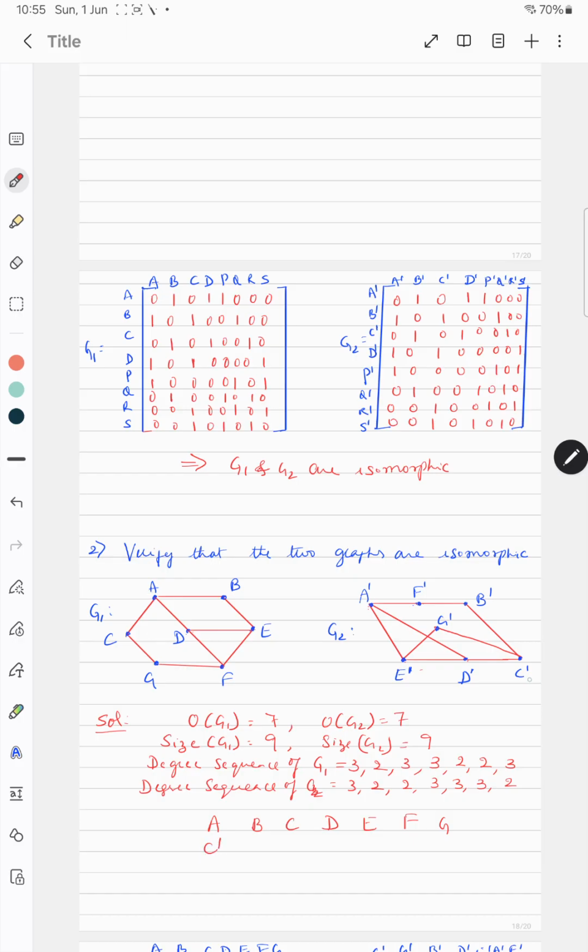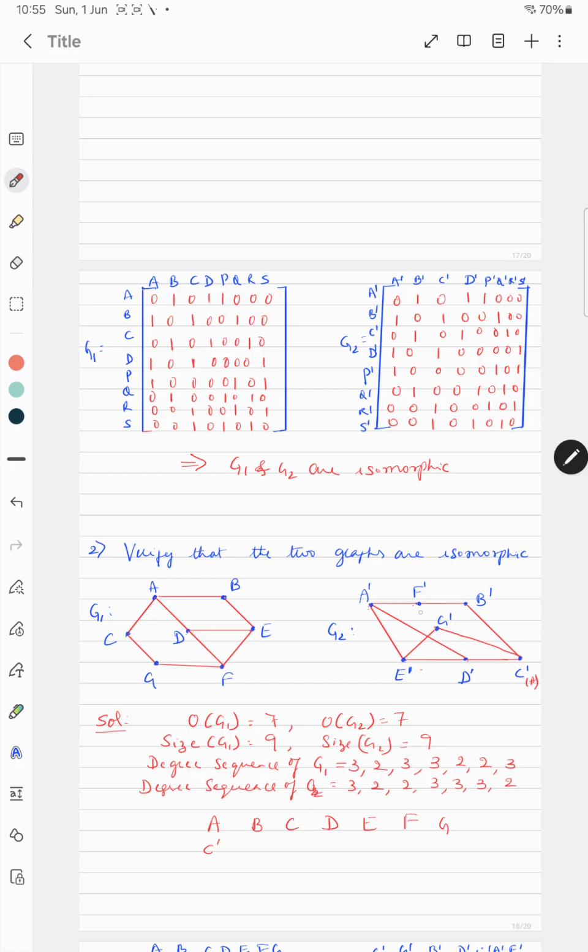Clear? Then now next let us consider B. B is of degree 2 and it is adjacent to A and E, of degree 3 and 3. Now already you have A dash,